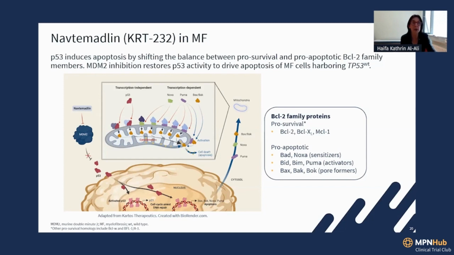Pro-apoptotic members, very important for cell death, are like PUMA, again, it was one of the questions, NOXA, or BIM. And we know that the pore formers will then lead to cell death by releasing cytochrome C and inducing